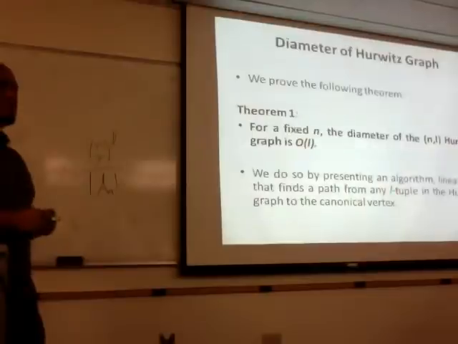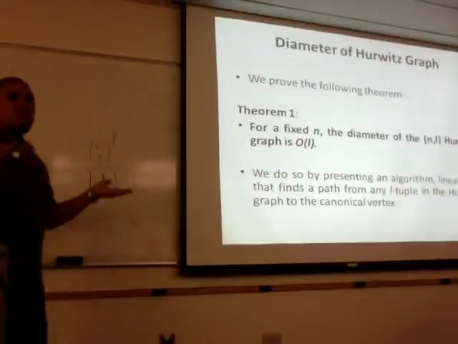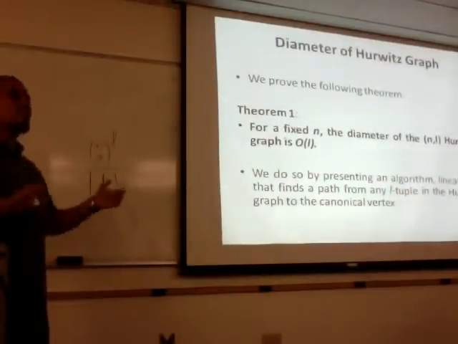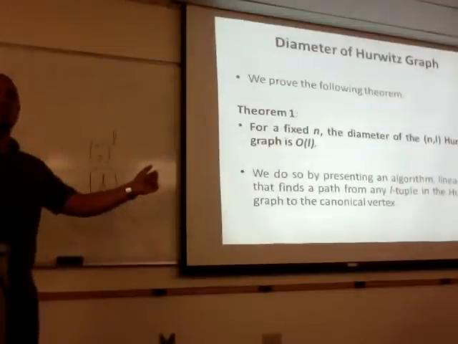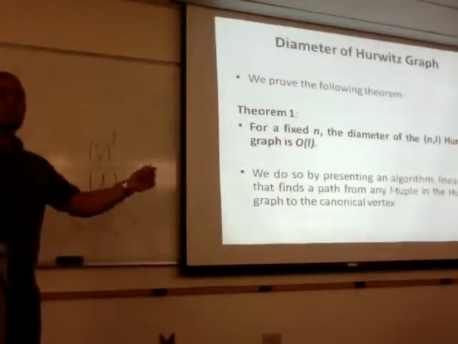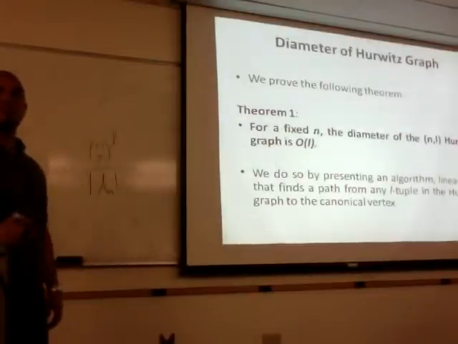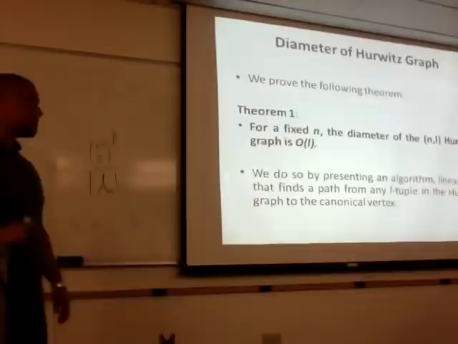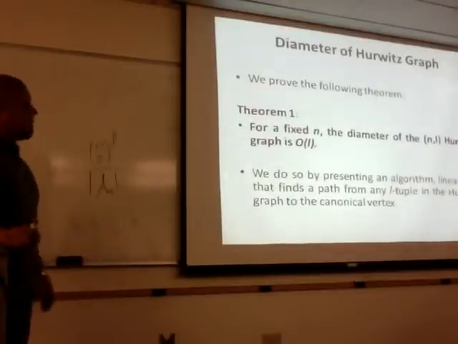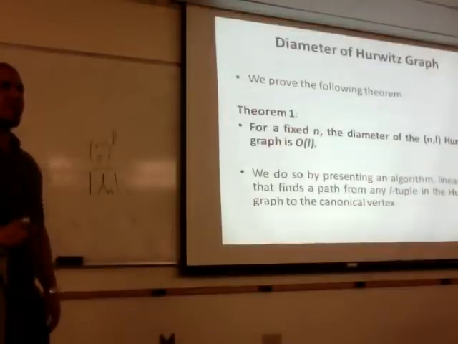This is huge. As L increases, this might mean that it might be very difficult to get 2 Hurwitz equivalent L tuples and to find some sort of a path between them. The diameter may grow very quickly. But we want to know about this. So initially, it seemed like a tough question to begin with,